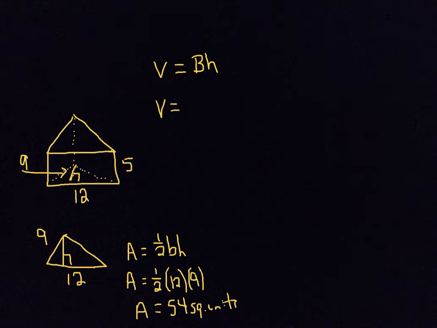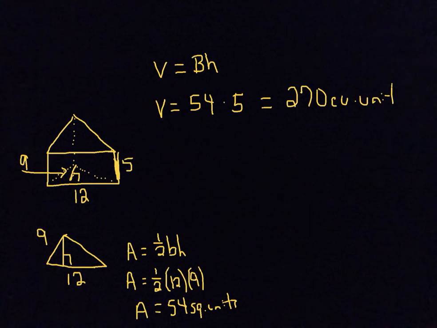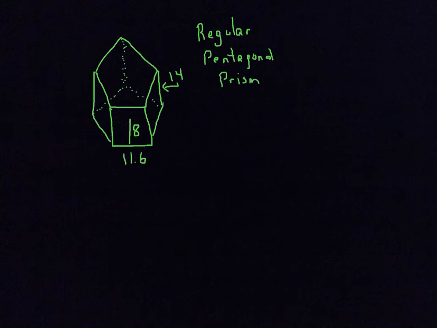So V then is going to be the area of the base, which is 54. We don't need to put the square units, just 54, times the height. Now the height of this is given to us right here. From base to base, it's 5. So it's 54 times 5, and 54 times 5 is 270 cubic units. In this particular prism, it's a regular pentagonal prism, which means all the sides are the same